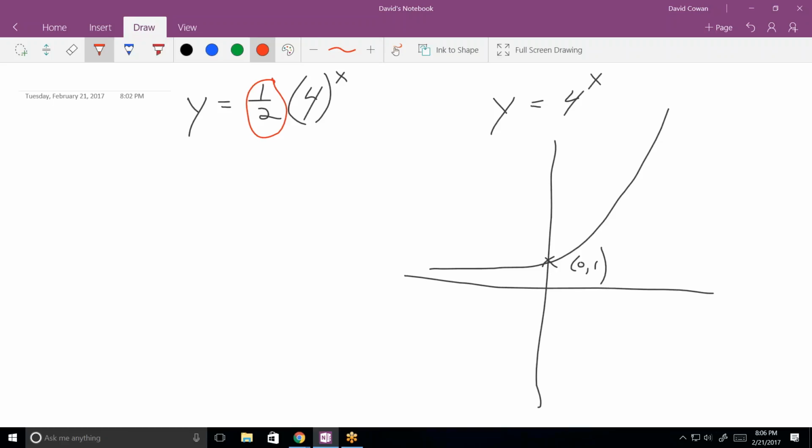Where does this point go to? Well, it's applied to the x value. Actually, it's applied to the y value. Remember that vertical transformations all apply to the y value. Horizontal transformations always apply to the x value. So this point, the only point that I really know for sure on that curve, gets cut in half, becomes (0, 1/2),